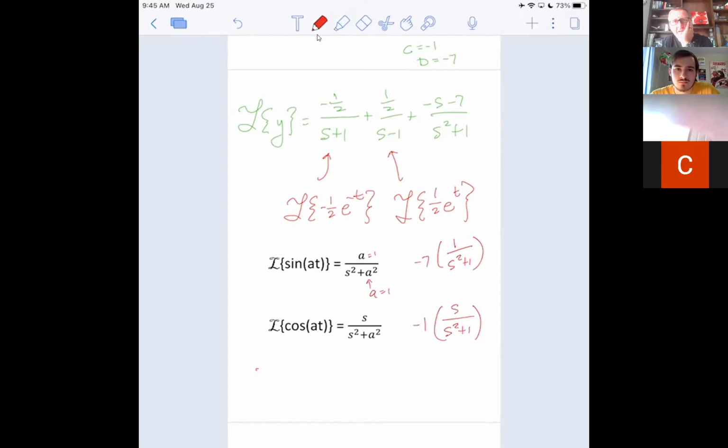Let's see, how do I squeeze this in? I guess I'll just squeeze it in right underneath it. So this would be the Laplace transform of -7 times the sine of at, or the sine of 1t. This would be the Laplace transform of -1 times the cosine of 1t. Hey, that's exactly what we got. So again, by inverse Laplace transform on both sides,